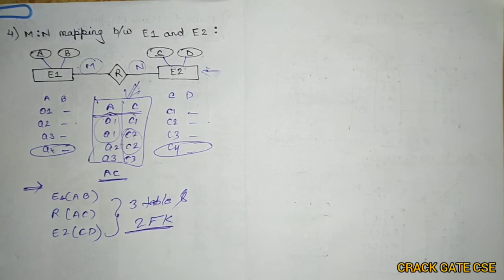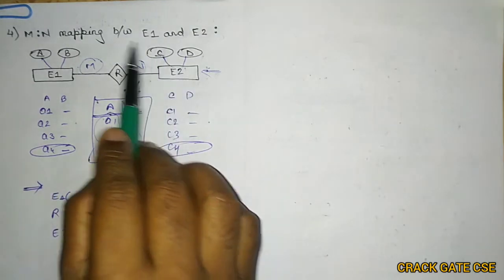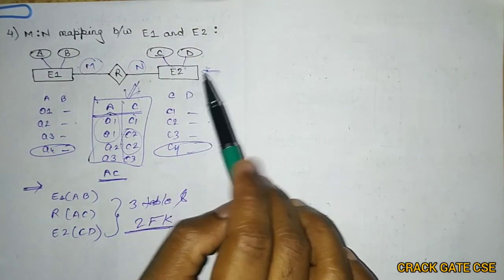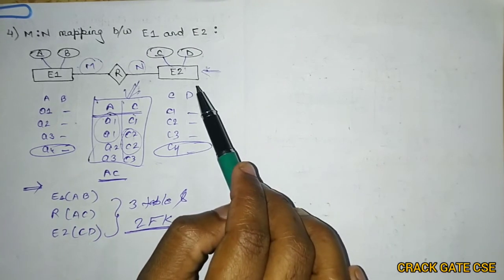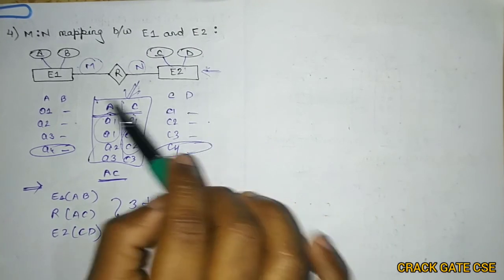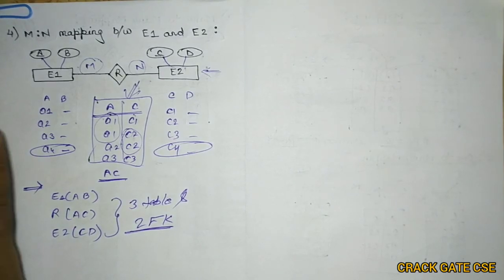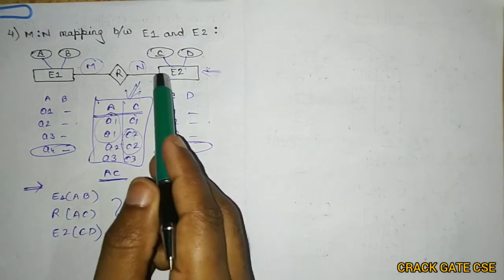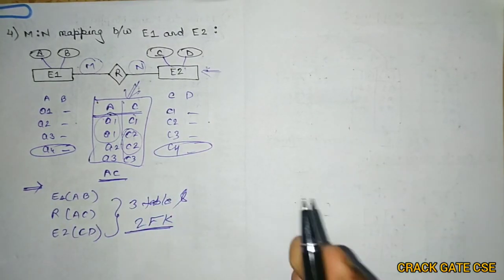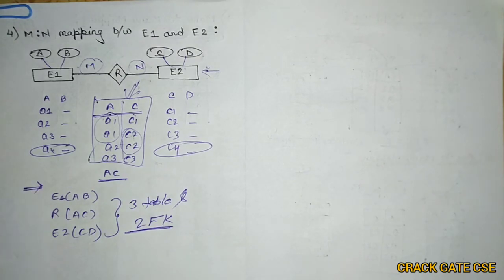Now in the next video we will be discussing some previous year GATE questions where they will give you a particular big ER diagram and ask how many minimum tables are required for this particular ER diagram. So this is a very frequent question in GATE. So in the next video I'll be trying to find some important questions for you so that you can figure out how to solve them in less time. Here I explained in a detailed manner, but there we will simply go with the approach which is very easy, and we'll be able to identify how many minimum tables are required.